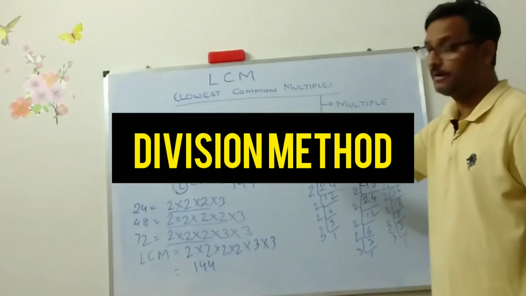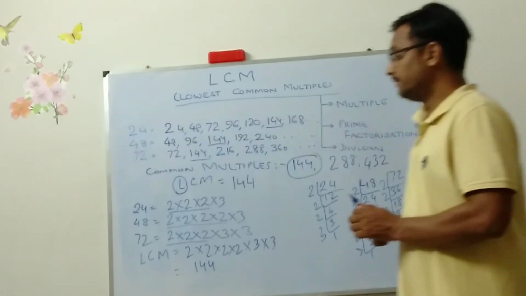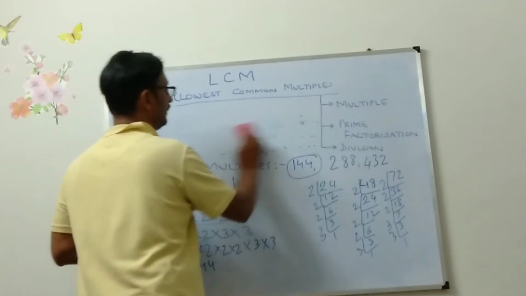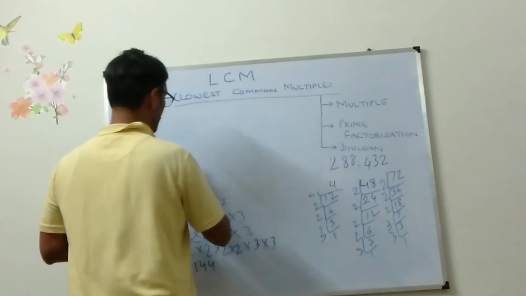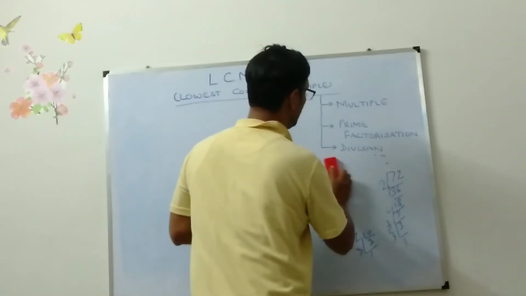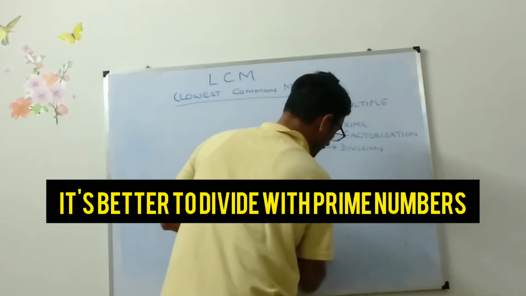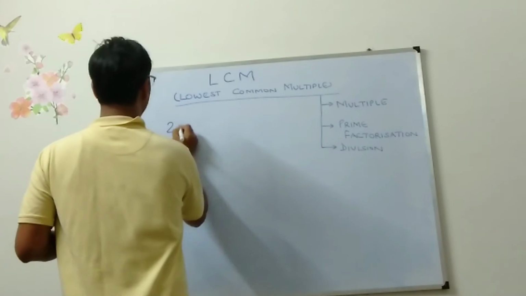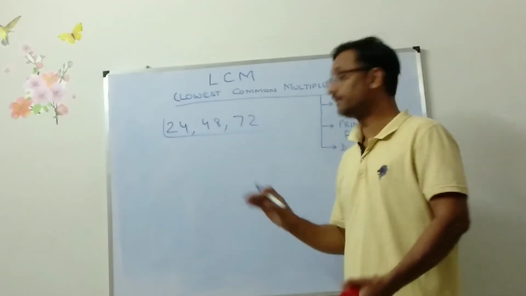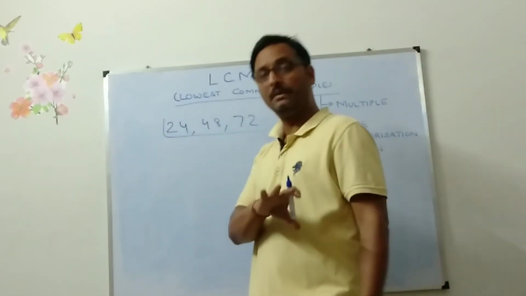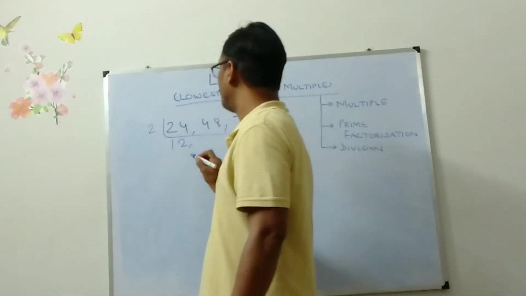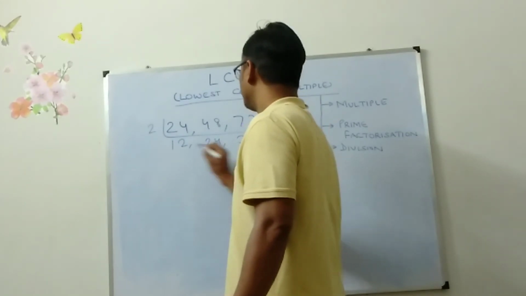Now I will be doing the same problem with division method. 24, 48 and 72. This is called division method. So you have to divide with prime number. The lowest prime number is 2. So you are dividing 24 with 2. So you are getting 12. 48 gives 24 and this is 36. Again